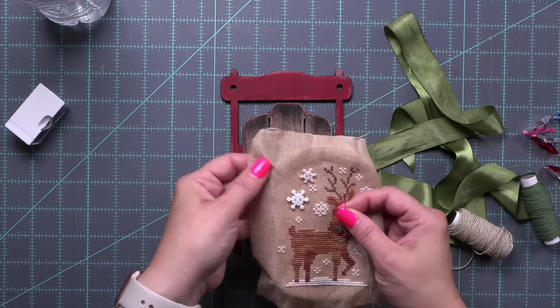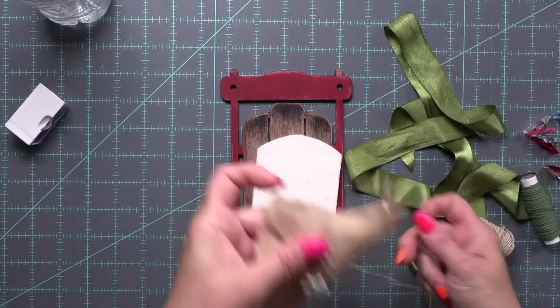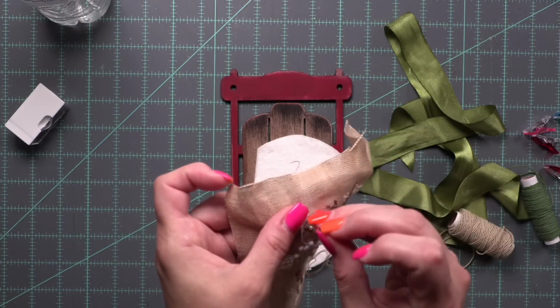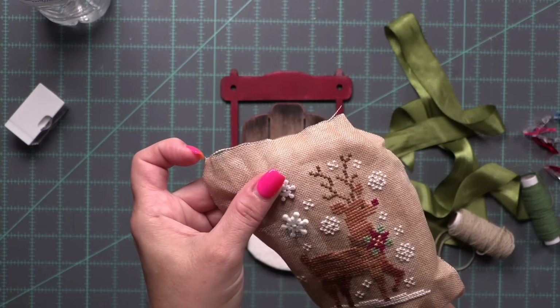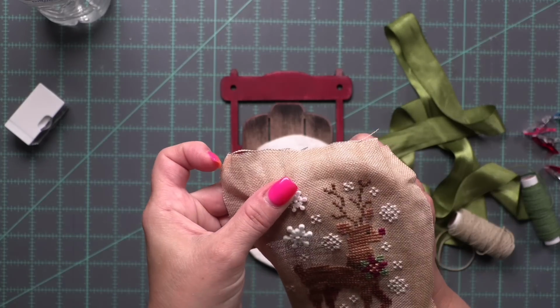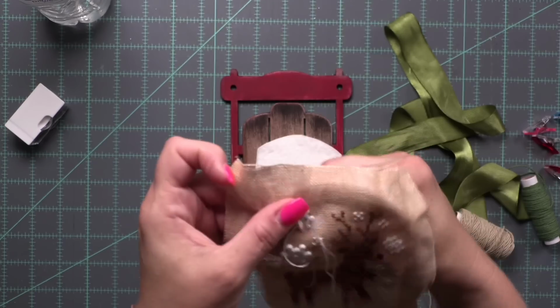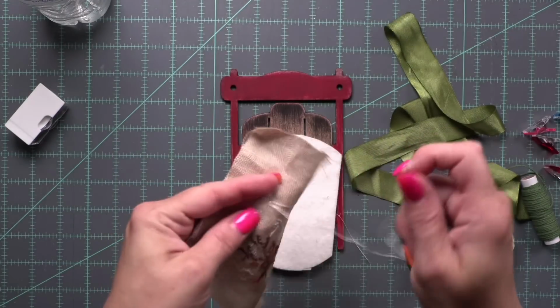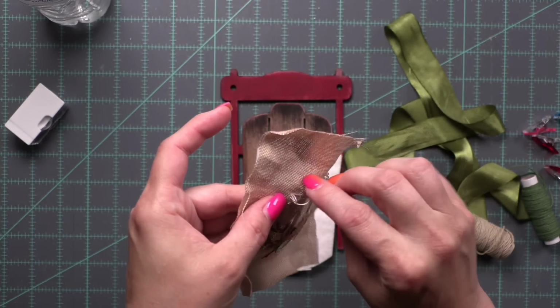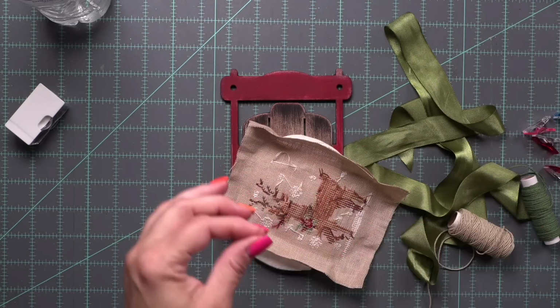Now, part of the reason I'm able to do that, as I was looking at this, I actually didn't stitch snowflakes in this uppermost left corner, and I could have. And I could go back and stitch more, but I kind of like the addition of the dimensional buttons for the finish. So I'm simply stitching these on, and then I will attach my cross stitch piece to the press-on